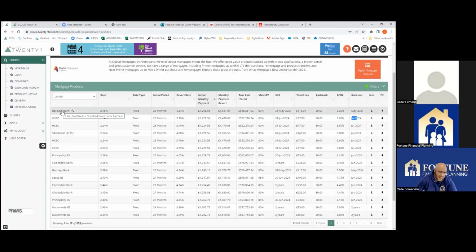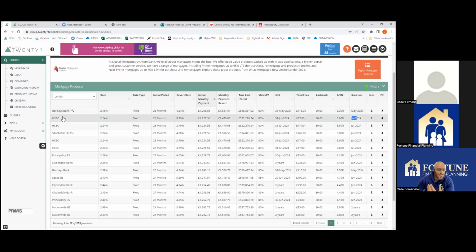product. And when you hover over the lender's name, it will tell you a little bit more about the product. So this is a 2-year fixed, no fee, new build, green home. So that's a specific product that is for new build homes only, and also a green home, which means that it has to have an energy rating between A and B, which a lot of new builds, they're building in much more efficient now, become much more energy efficient. But if this is a home mover, someone looking to move home, or a remortgage, for instance, they don't qualify for that product. So we can't actually have it. So be careful saying that we can get you a 2.15. It's the lowest rate on the market. Yes, it's all indicative at this point, but just do your research on the product and the criteria to ensure